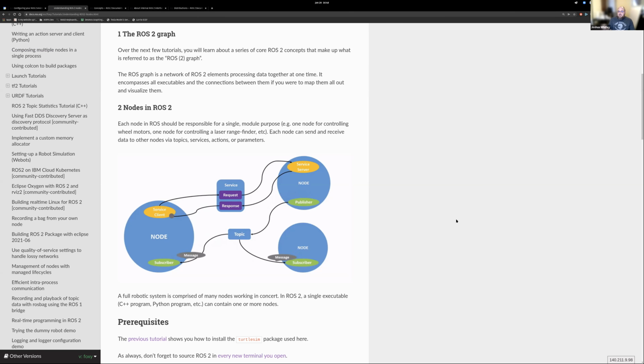In the case of things like ROS logging, where all nodes are publishing to the ROS out topic, you want all nodes on the system to be publishing to a single topic because you want to be able to conglomerate all of the logging information across the system. And there are cases where, for example, you want